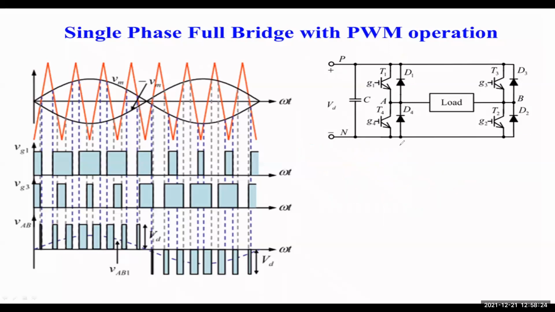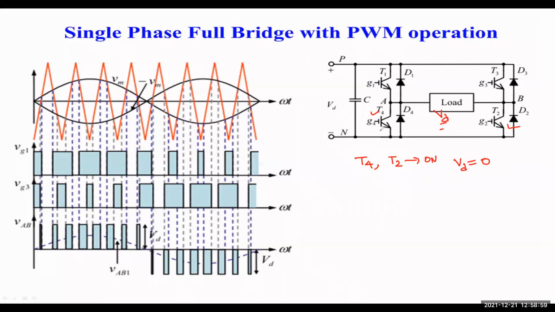The second combination is called reverse. If devices T4 and T2 are turned on, IGBT or MOSFET, if T4 MOSFET or T2 MOSFET is turned on, then the voltage across the load VD is called 0. Here the voltage across the load is equal to 0. Clear?